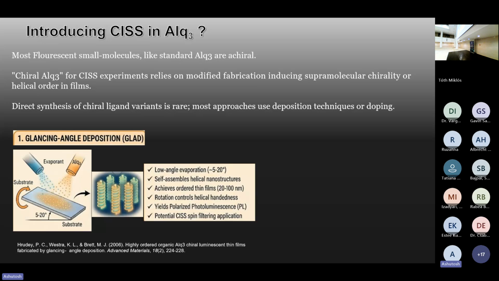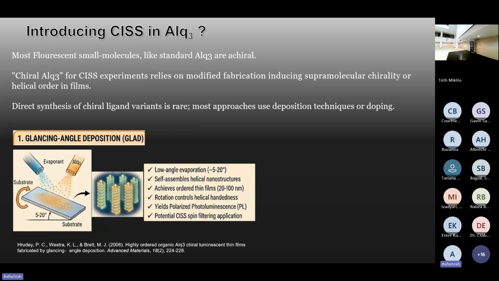But given the time constraints, I would not like to go deep into it. But I will just tell you that we rotate the substrate 5 to 10 degrees and we spin coat it. So while the substrate is evolving, the individual molecule of AlQ3, though it is not chiral, has a supramolecular packing assembly that makes it chiral. So this is GLAD, and this is the most effective technology for introducing chirality in